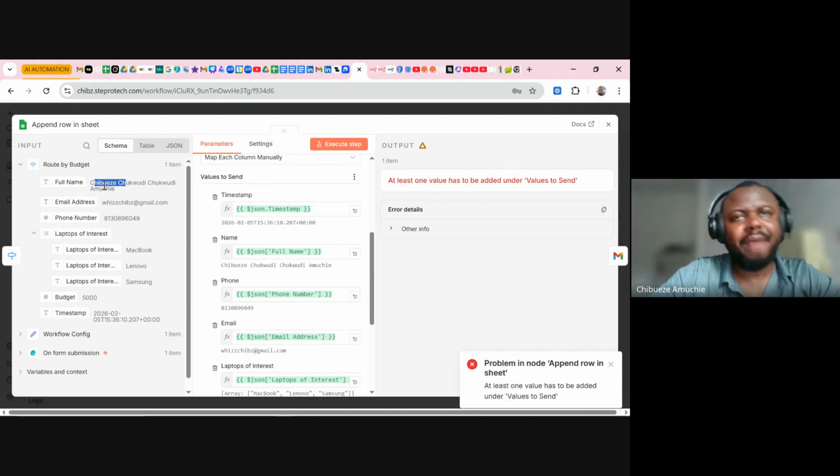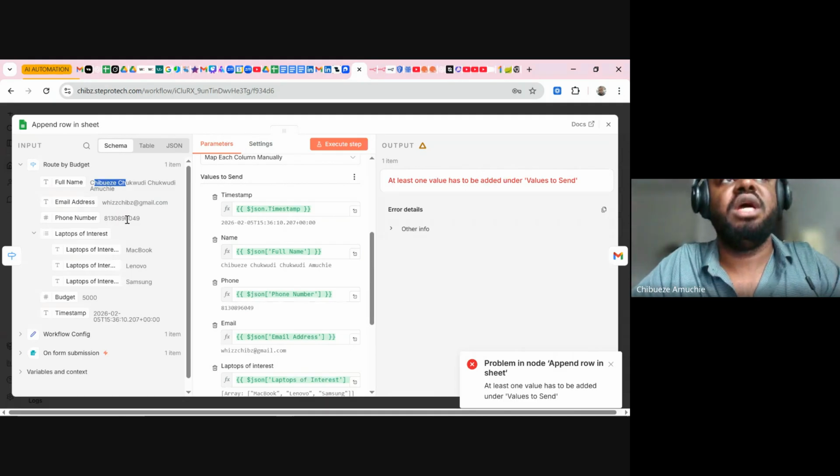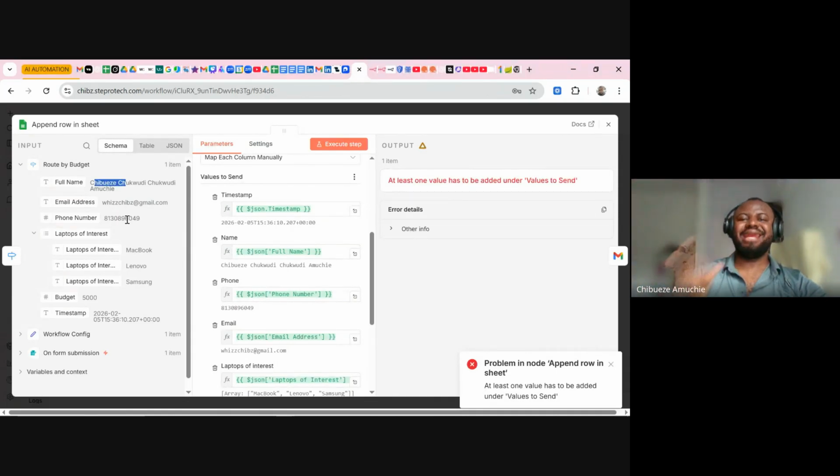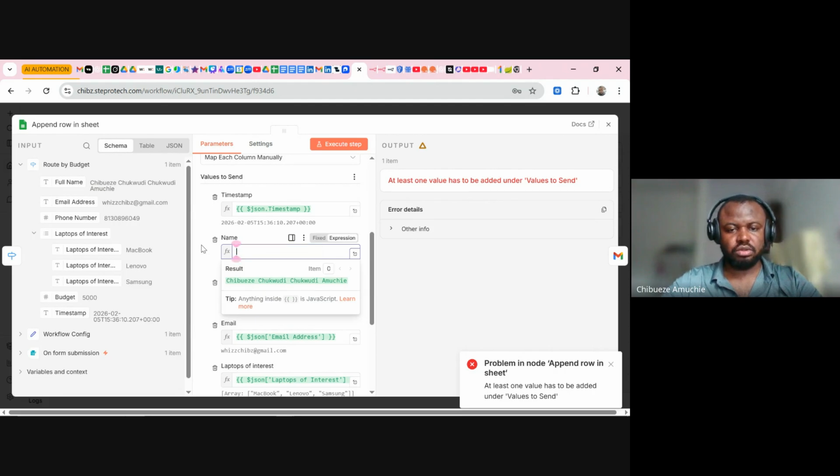Now, the question is, why must you drag and drop? The reason you must drag and drop is that you only drag and drop whenever you are dealing with dynamic fields to come in. What I mean by dynamic field is when you're expecting content from outside, maybe someone to fill a form or another node to send in data, but something should push out something. That is when you drag and drop. Now, if I drag here, now watch. If I remove name, if I remove this code, and I copy my name and put it,